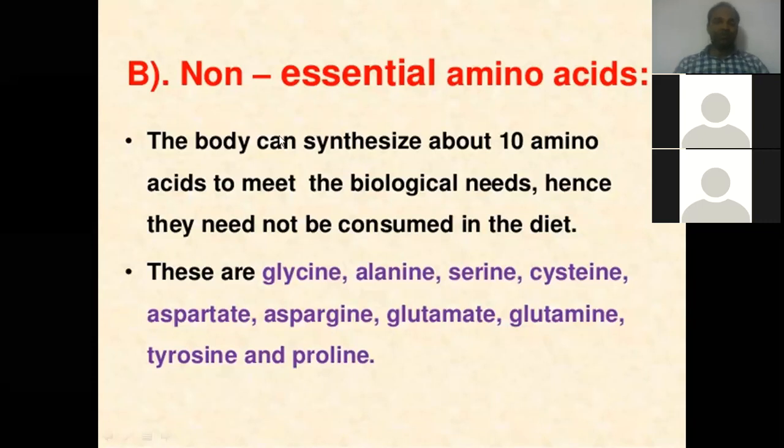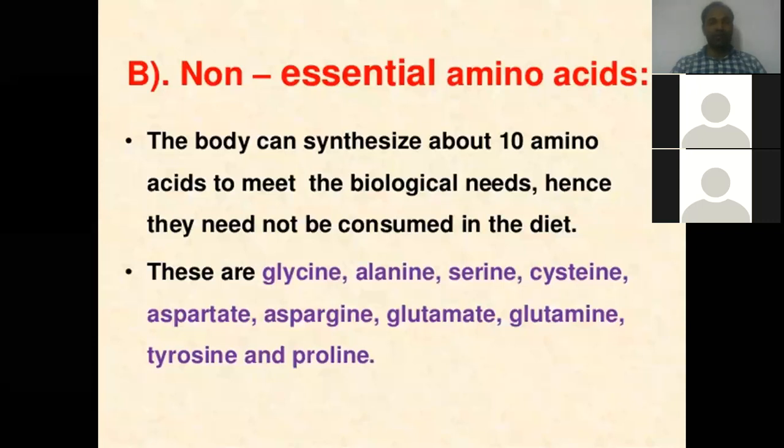यानी ये जो अमीनो एसिड्स होंगे, these amino acids can be synthesized in our body, ठीक है। ये अमीनो एसिड्स हमारे बॉडी में सिंथेसाइज किए जा सकते हैं, ठीक है। वैसे तो उनकी कोई जरूरत होती नहीं, ठीक है। It is need not to be consumed in the diet, लेकिन अगर आ ही गए डाइट में तो ऐसा तो नहीं बोल सकते हम लोग कि हमें नहीं चाहिए, वो हमारे बॉडी में कंज्यूम किए जाएंगे, ठीक है। बट अगर हमें किसी डाइट से या फिर किसी फूड मटेरियल से, वेजिटेबल से अगर ये नहीं भी मिले तो ये हमारे बॉडी